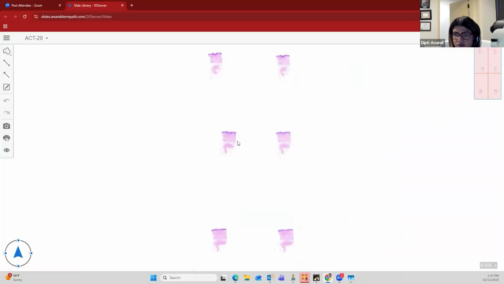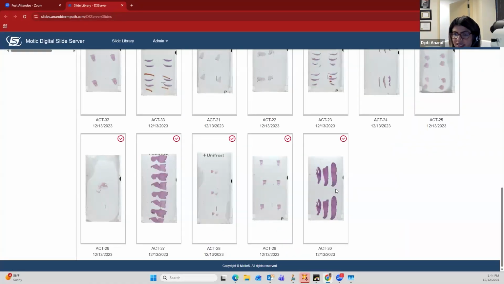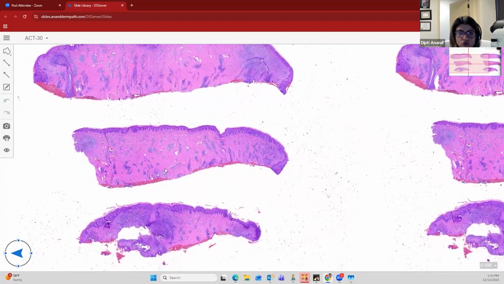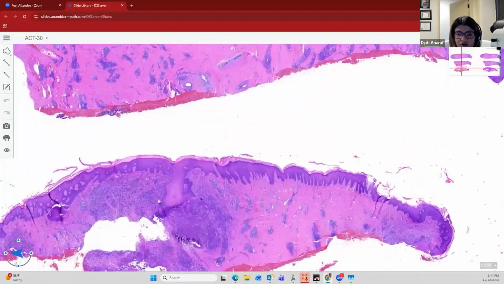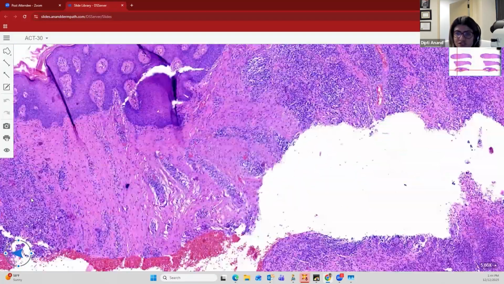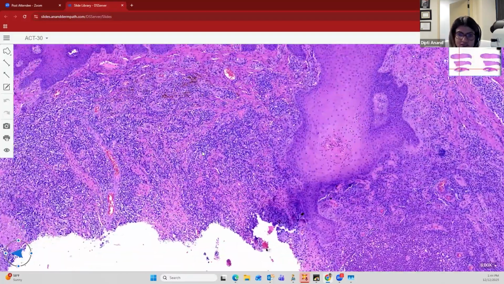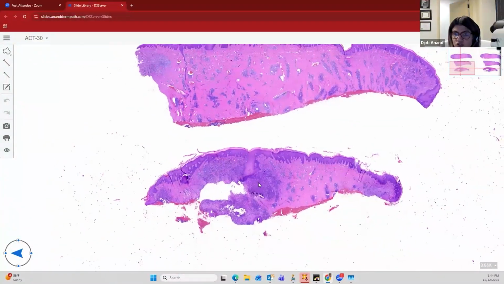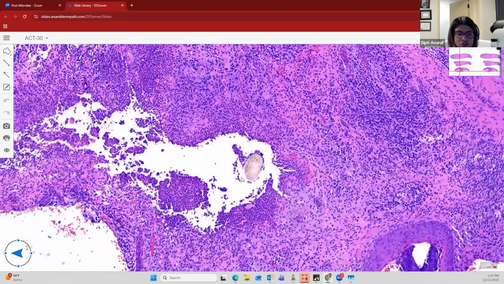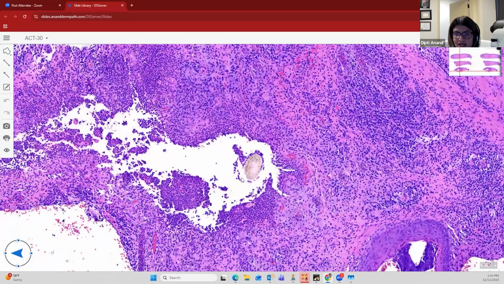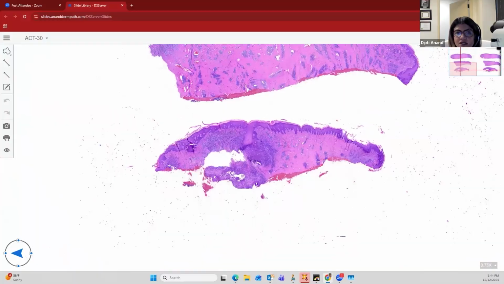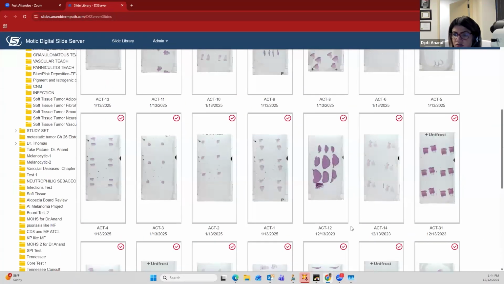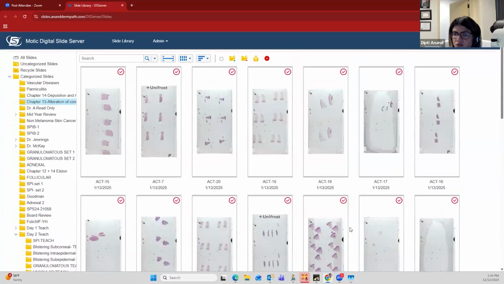Then we have the 29th. Oh, we did that. Slide 30 is a classic example of acne keloidalis. So you don't see any keloid in there, but you see free-floating hair shafts with a lot of inflammation and dense tissue, which looks like scar. You can see this lymphoplasmacytic inflammation, there is some old blood and hemorrhage, and then you see free-floating hair shafts within the lesion. So this is acne keloidalis. And then I think that was the last slide. No, there is a 31, there's a 33. Okay, so